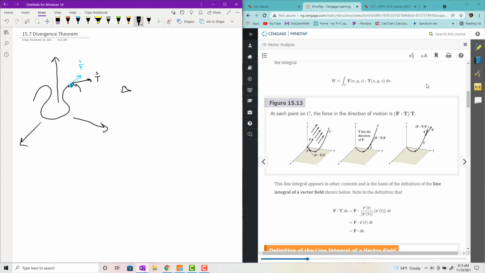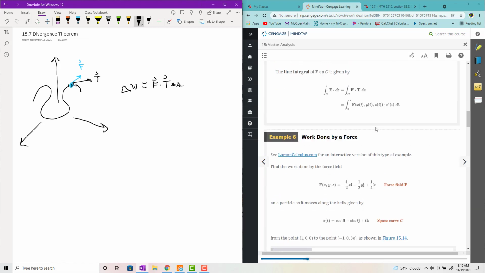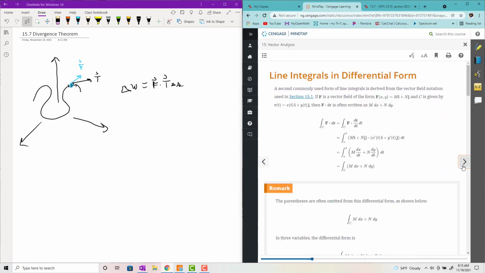And so we had these work increments, which would be F dot T times the change in arc length. Okay, and then we went and added those up, and we got our nice little F dot dr, the line integral of the force field on the curve. Okay, so that's where we started. From there, we saw the differential form of the line integral,